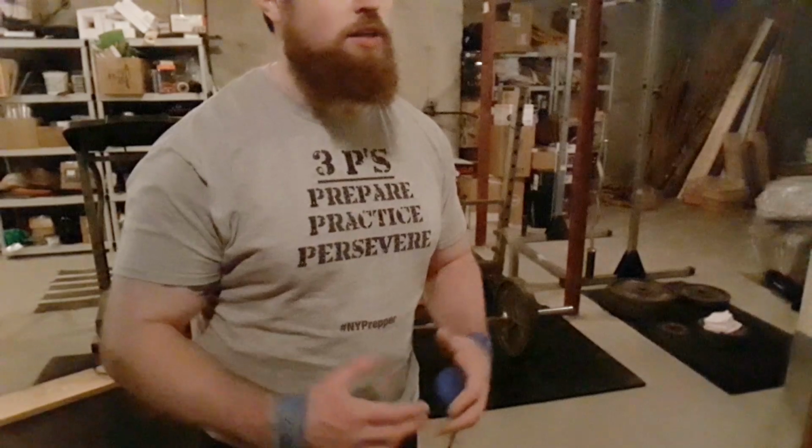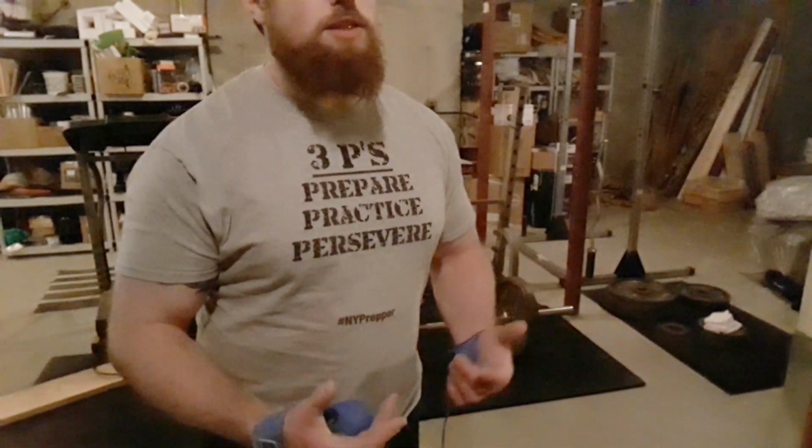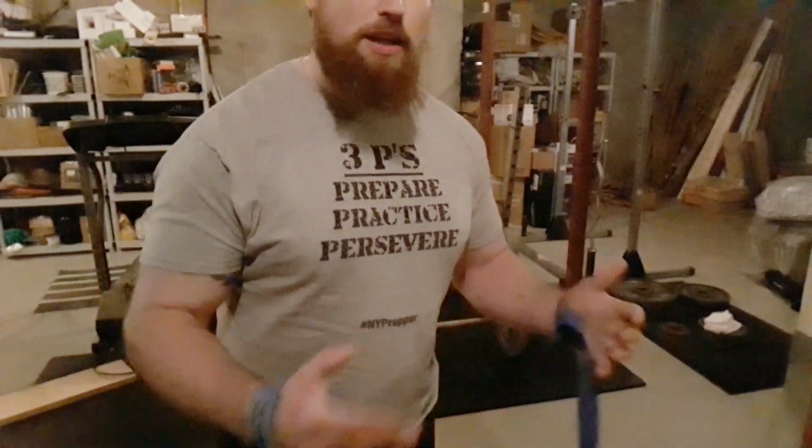And the point is, you want to train hard enough to stimulate your body, but you don't want to overtrain and fry yourself, okay? So don't overtrain. The best way to not overtrain, like I said, is to keep your volume low but your intensity high. And if you train 3 or 4 days a week, it's pretty hard to overtrain, okay? If you're training more than 4 days a week, that's when the likelihood of overtraining can increase. Okay, so 3 or 4 days a week is good enough in my opinion to maintain